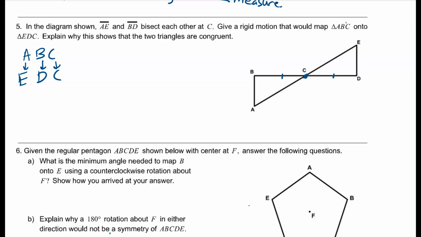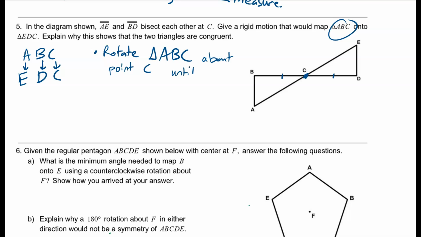So I'm going from ABC, so I'm starting there, and I want to get to that triangle. It looks to me like if I fix C in place and just spin it around until A coincides with E, those triangles will land on top of each other. So the way I'm going to word this is I'm going to rotate triangle ABC. It looks like it could be 180 degrees, but I'm not 100% sure. So I'm just going to say rotate about point C